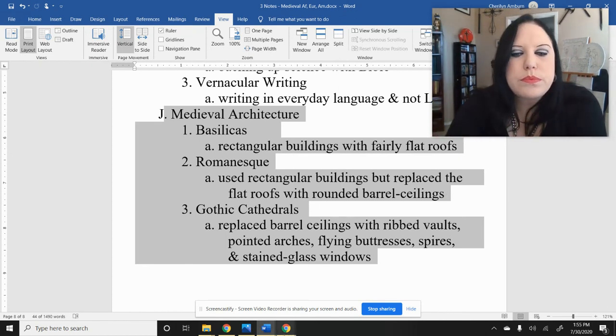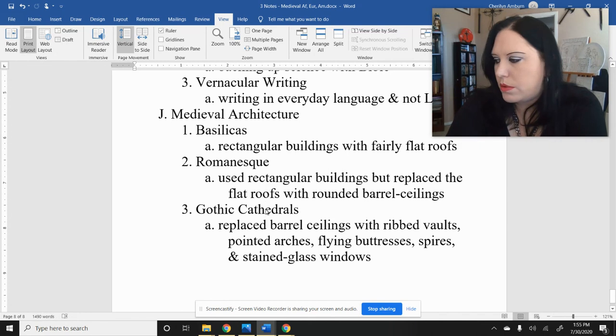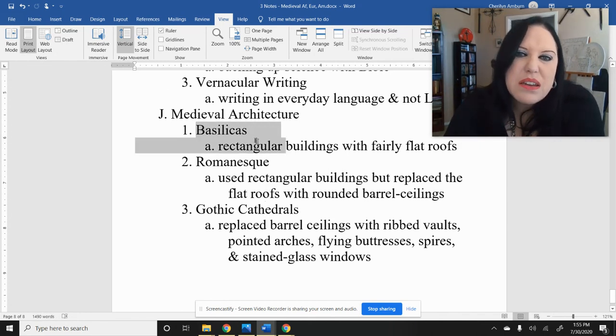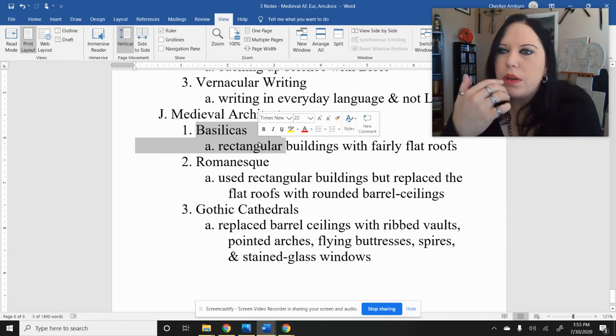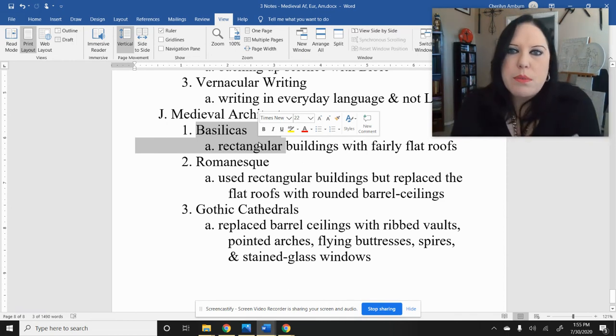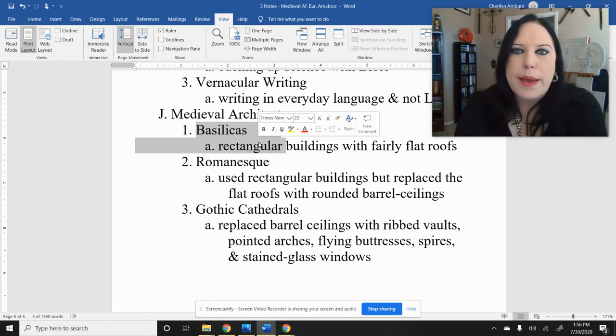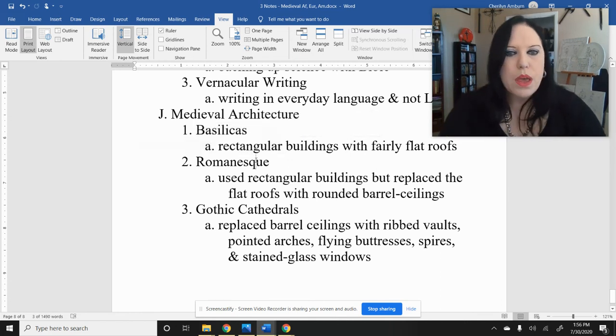But we do typically have like three main types of architecture styles in the medieval period: basilicas, Romanesque, and then Gothic. Okay. Are there other types of architecture? Yeah, these are the big ones. Okie dokie. So the first one,